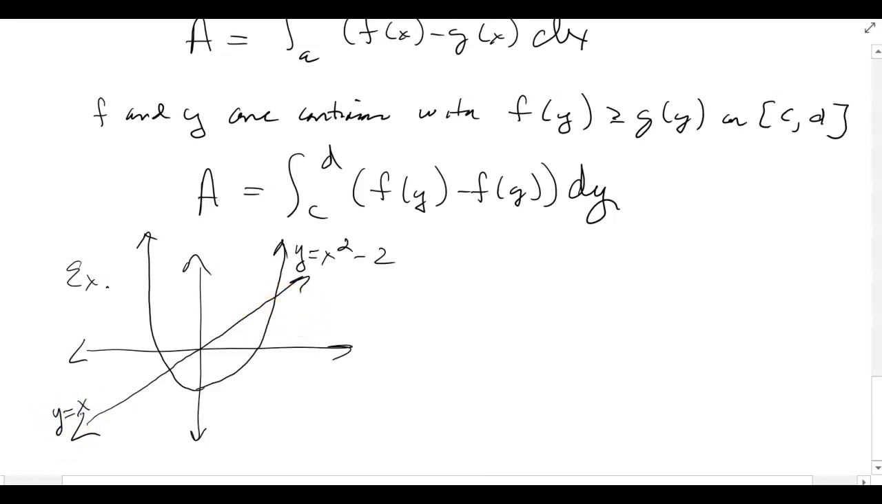And you are asked to find this region, okay? Then you have to make a decision. Clearly, and again, think of those Riemann sum rectangles. To do rectangles,